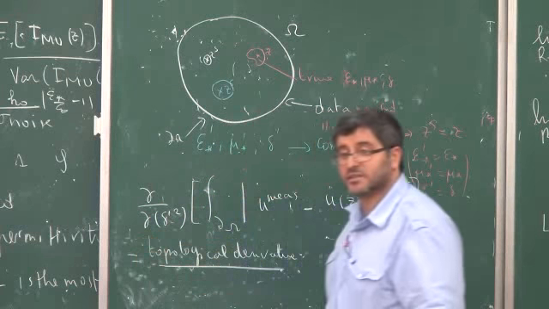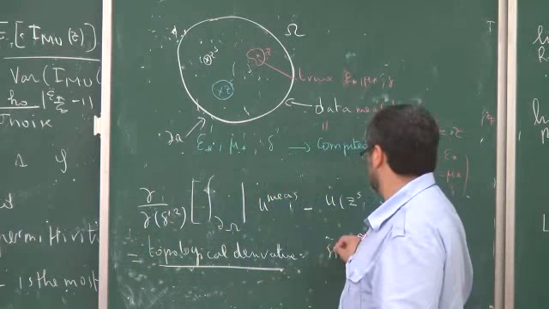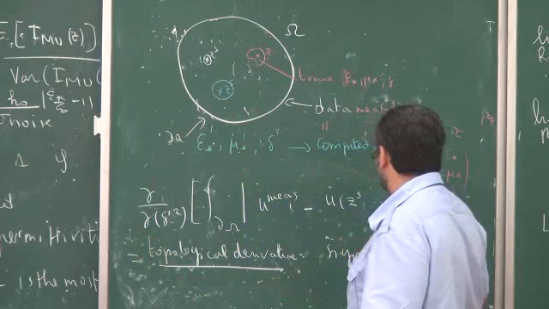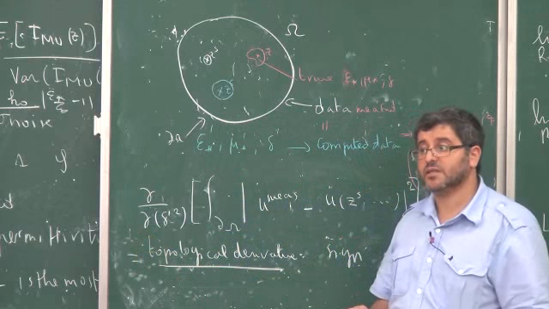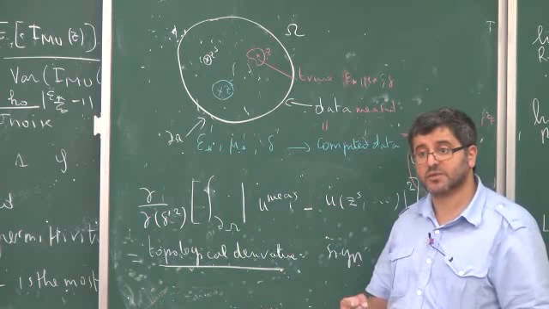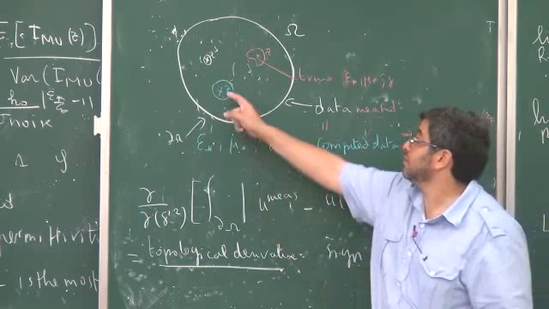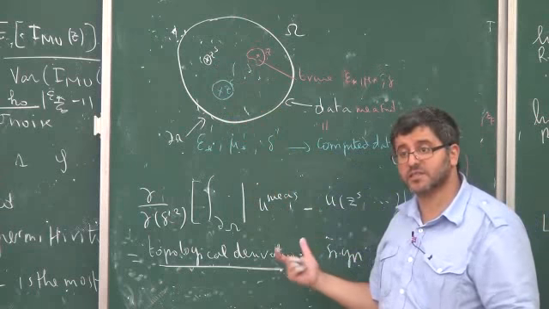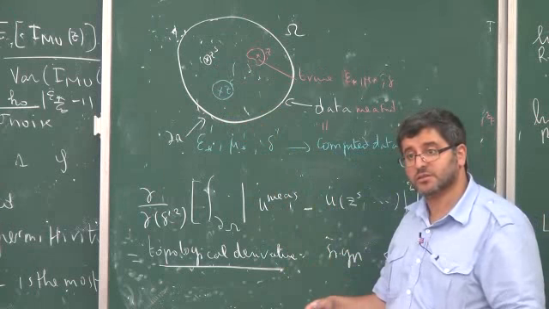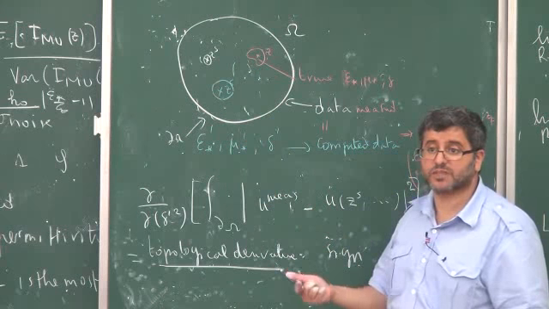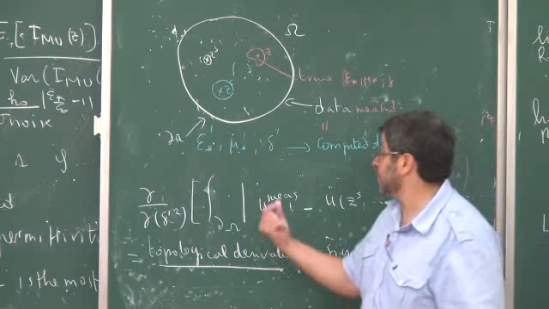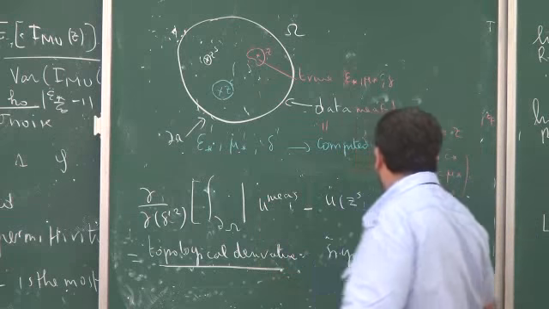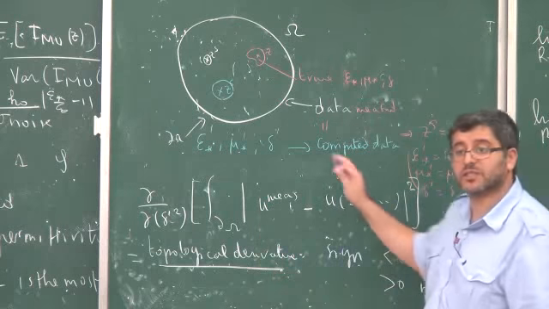And it has a sign. If it's negative, then I'm putting the point in the right place, because creating an inclusion there would decrease the discrepancy function. It's a derivative, so it has to be negative if you want to decrease the discrepancy function. If it's positive, then not. I have to try another point.